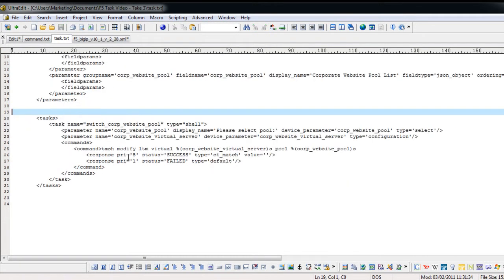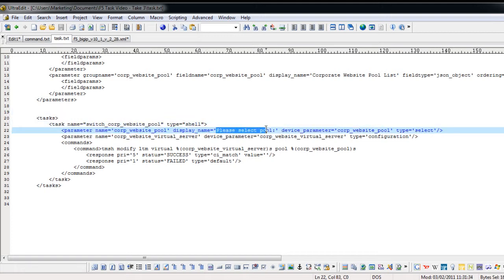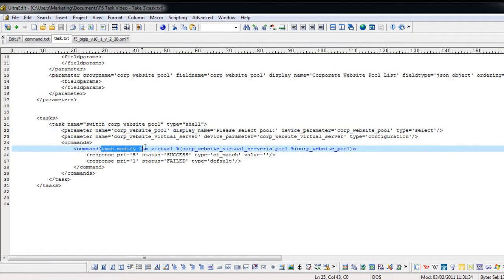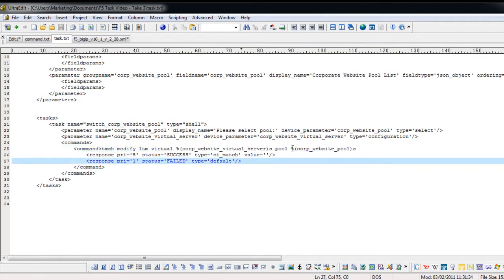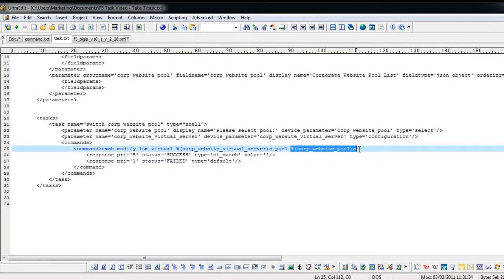And finally we have the task itself. The task obviously has a name, it's got the 2 parameters that we're asking the task to use, and we also have some display text around the selection of the pool, so we can ask the user to please select a pool. We then go on to the command that needs to be run. Now this is the command that we practiced earlier in the command line of the F5, but you'll see here that the name of the virtual server is being substituted for the one that the parameter sends us, as does the name of the pool gets substituted for the name of the pool that the user is selecting when they're